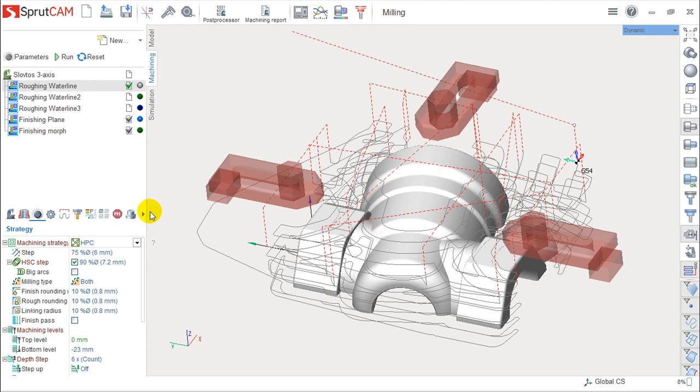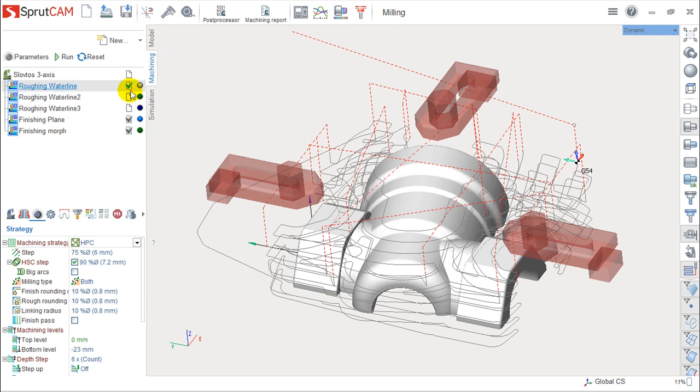So there are a lot of things around here which allow us to define what we want to calculate. It is important to notice also that we have a couple of symbols which give us